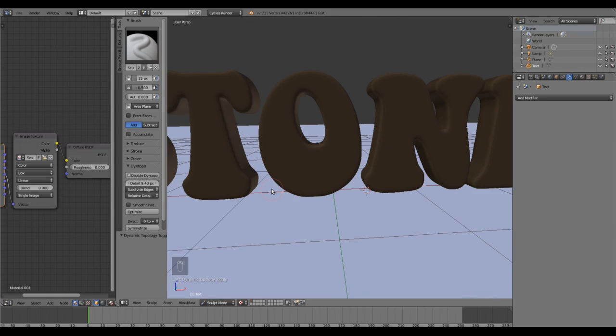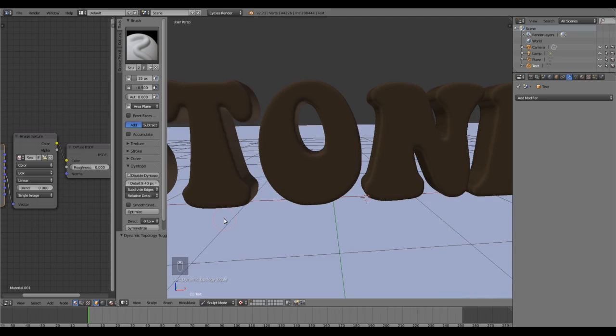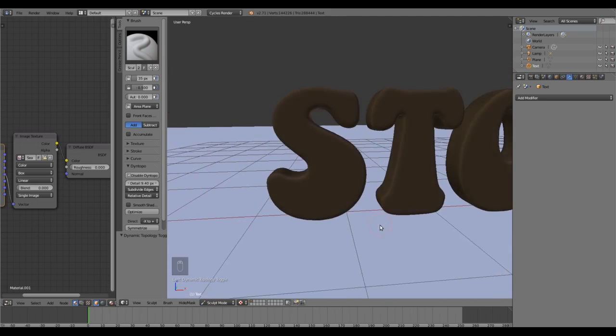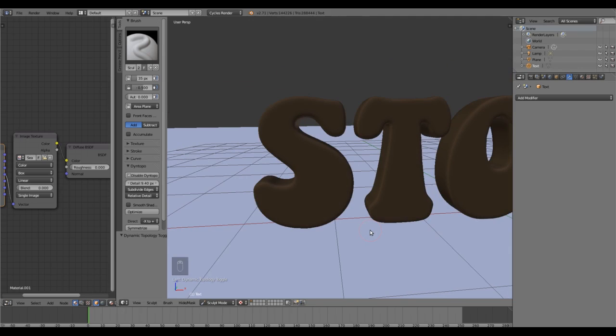We're going to zoom in with the middle mouse button a little, hold the shift key down and click left click on the middle mouse button. Now we're going to do some sculpting, but we don't want to add to these letters, we want to subtract. So basically we're going to cut little pieces out of the edges of our text